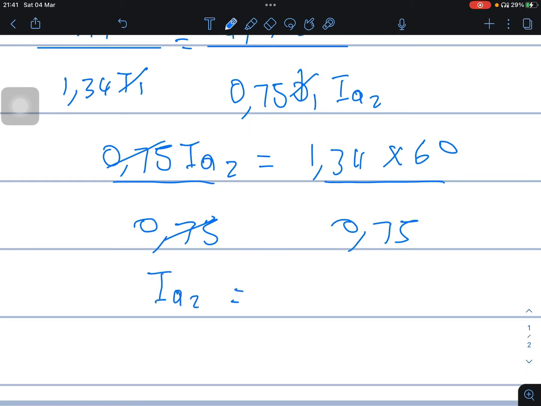Okay, let us punch that. 1.34 times 6 over